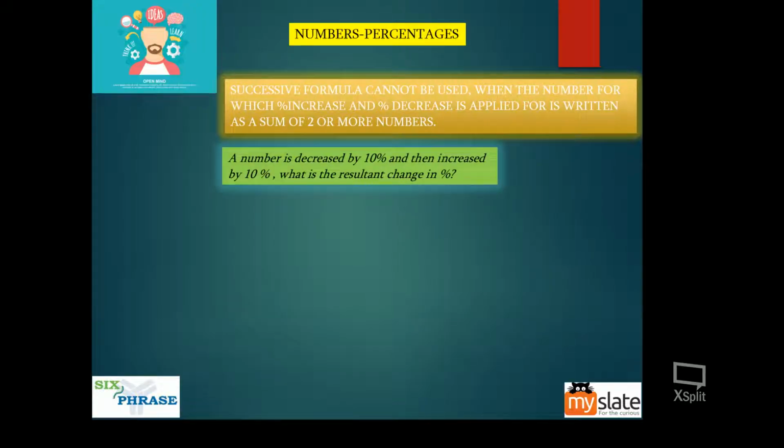Let's see. So we take the same example. Now 100 I am writing as 50 plus 50. Yes, 50 plus 50 will give you 100, right? Now we'll see if we can apply the percentages and get the same answer. We should get 99. Remember, we should get 99. Now one 50 is decreased by 10 percent and the other 50 is increased by 10 percent. You decrease this by 10 percent, you get 45. You increase that by 10 percent, you get 55. Now what is 45 plus 55, guys? Definitely not 99. So you're not getting the same answer.